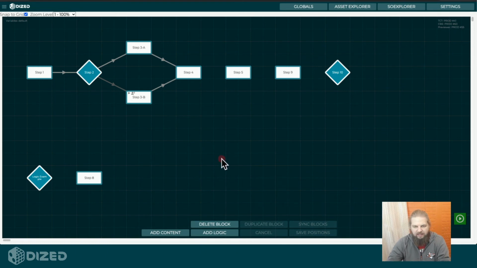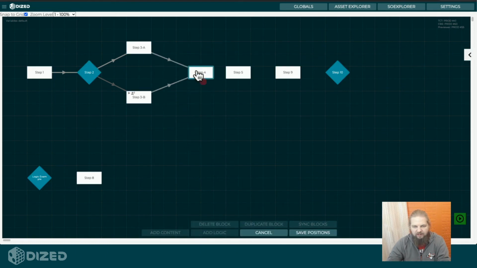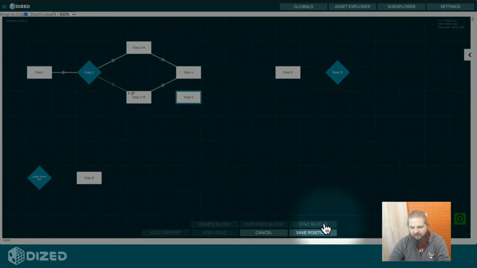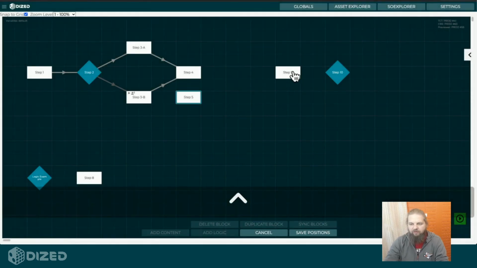Now, organizing steps. You are free to create your flowchart into a form, whatever works for you. And when you move these steps around, you see that all the other tool buttons become unavailable, except there's cancel and save positions. This means that when you move them around,